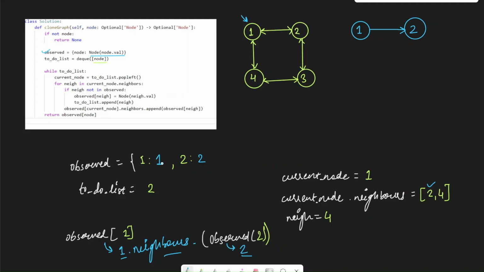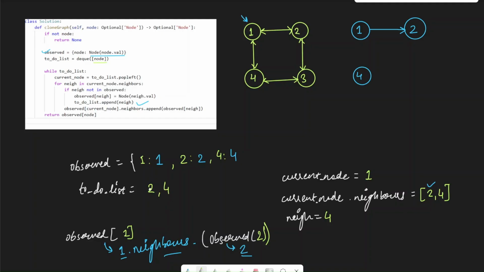Do you see 4 in observed? No, we don't, because we don't have a clone of 4 over here, which means we have to add it. So to add it, we say 4 and we create a clone of 4. So we have to create 4 over here. Now the next step is we have to add 4 to the to-do list. So we add 4 over here.